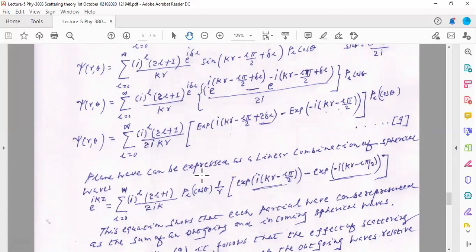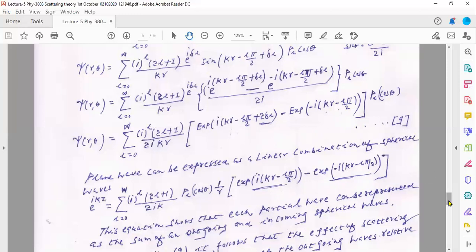And the plane wave basically is a linear combination of the spherical wave. And you see this term I write there is an underline. Basically there's an incoming wave. This e to the power of minus i kr represents the incoming wave, and this is representing the outgoing wave. Again, this is the incoming wave, this is the outgoing wave here also. e to the power of ikr is representing the outgoing wave, e to the power of minus ikr is the incoming wave.